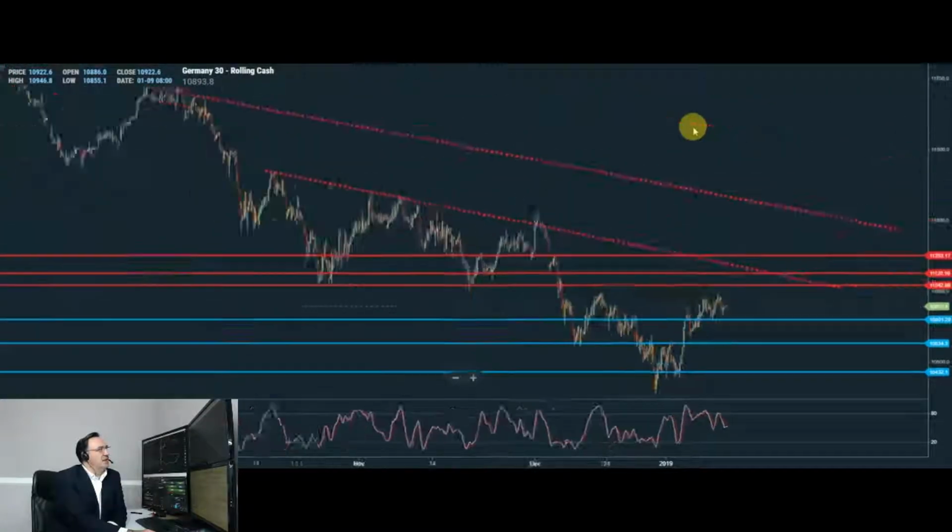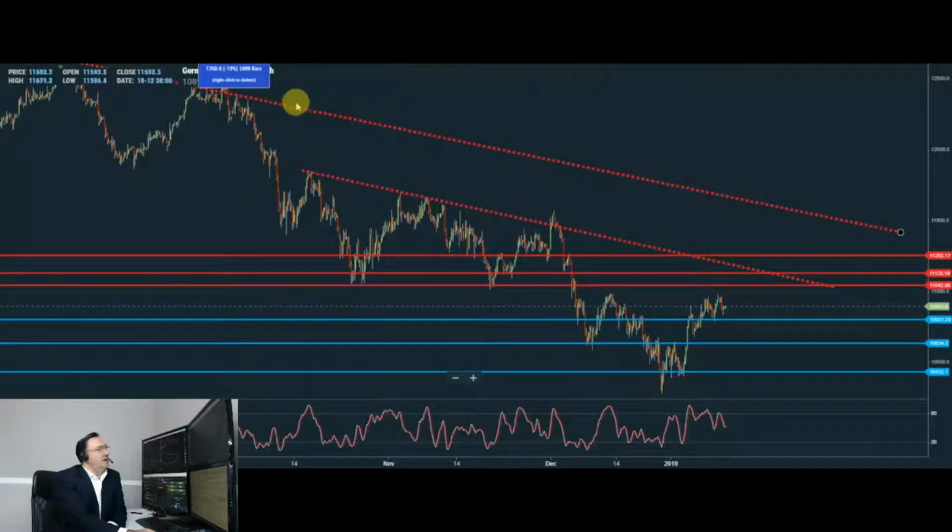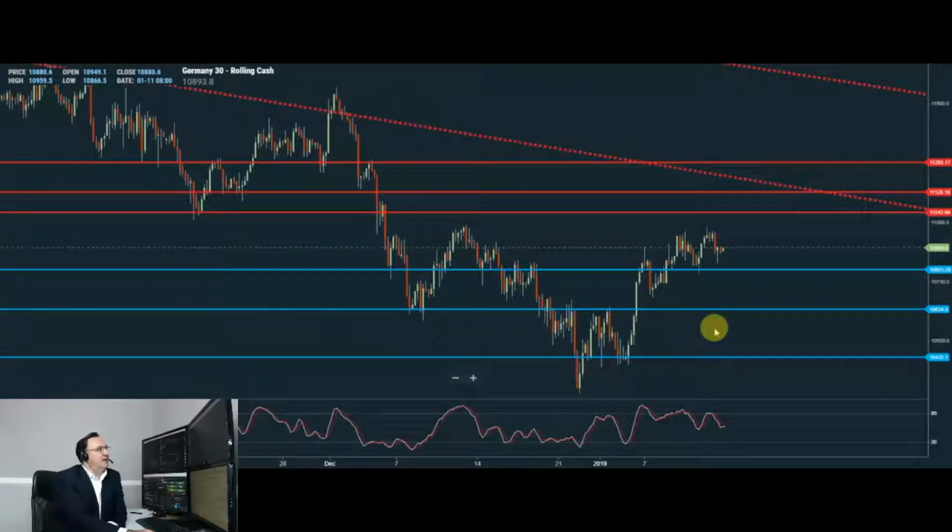This is German DAX or German 30 index. The price is downtrending at the moment, although we saw a number of days with the bullish closing price higher, but the price is still creating this sequence of lower highs and lower lows. The initial downside is supported by 10,800 level. Bulls need that level to hold support for a potential push higher into the resistance area of 11,040,